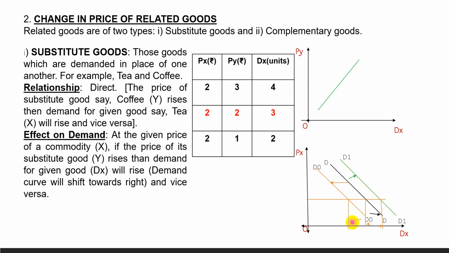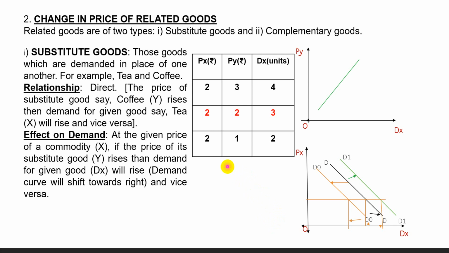This is decrease in demand. So in case of increase or decrease in demand, the demand curve will shift: increase, rightward shift, and decrease, leftward shift. But in case of increase in quantity demanded, the demand curve will move downward. And in case of increase in price of its own, the demand curve will move along the same demand curve